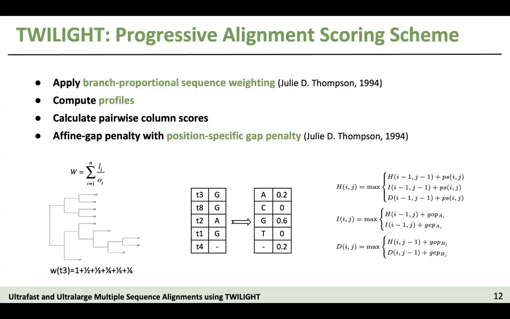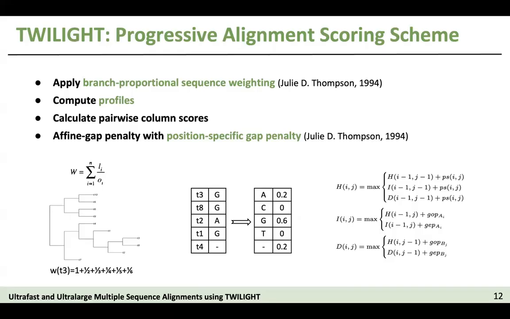sequences. And to align two alignments, we'll have to first turn the alignments into profiles. A profile is a collection of frequencies of each character at each alignment column. An example is shown below. So assume that all sequences have the same weights. We can simply calculate the profile by counting the occurrence of each character divided by the total number of sequences. And to calculate the pairwise column score, we simply add up all the possible pairwise combinations of characters and multiply